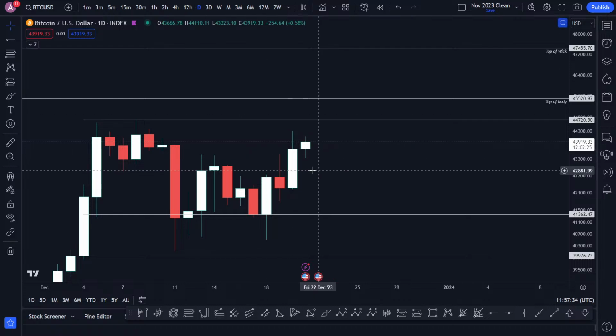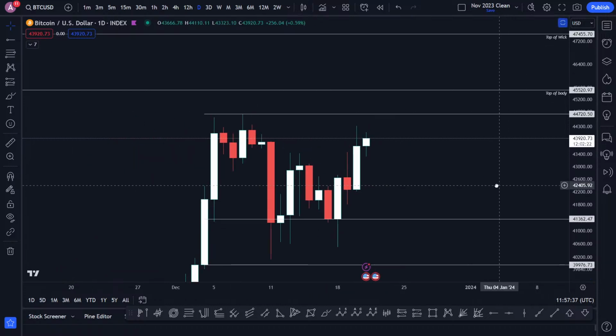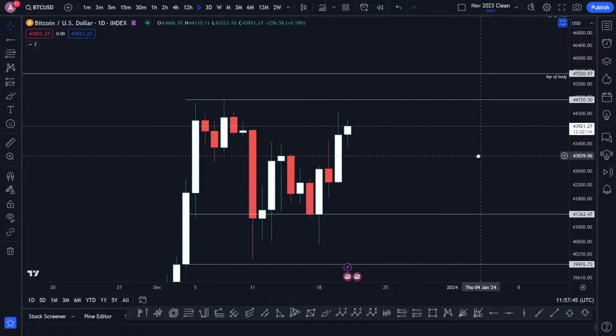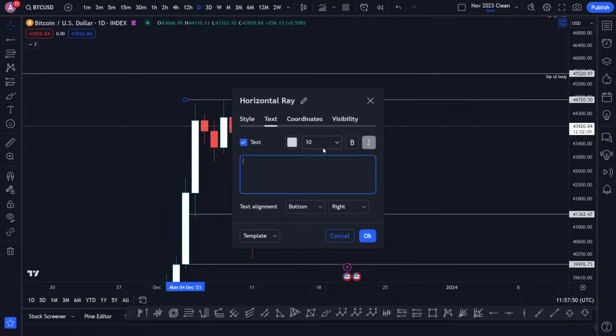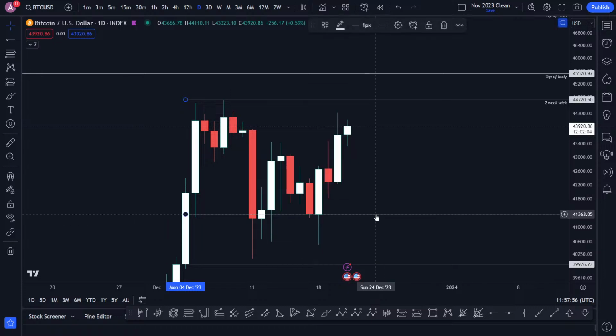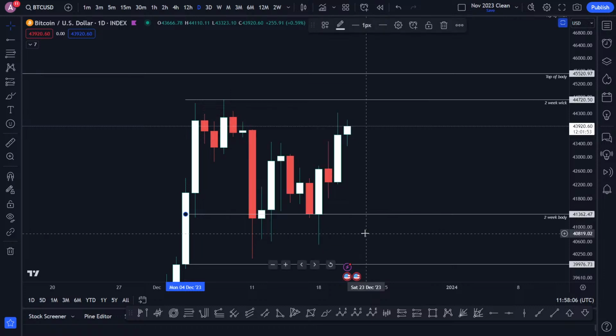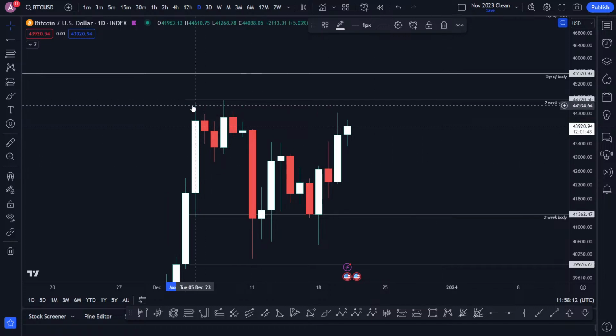So now the price has come back into the highs, and you can apply exactly the same idea about candles. So when we break it down on the daily time frame, we obviously have this 2-week, let me label it, 2-week wick, and that's basically where we are now. We're within this 2-week wick. Call it body. So we're within the wick and the body of the 2-week time frame, and we also see that on the